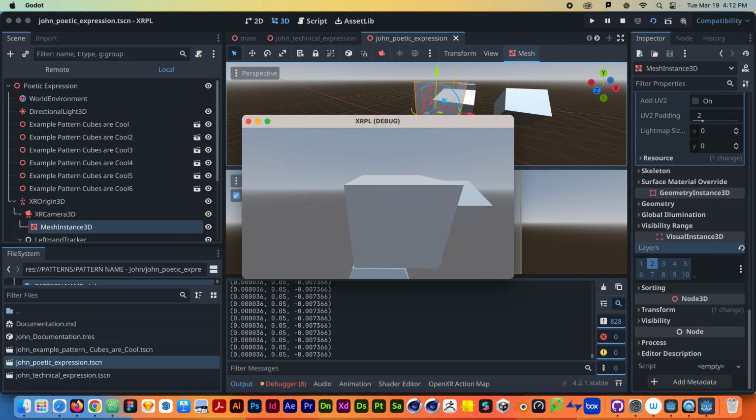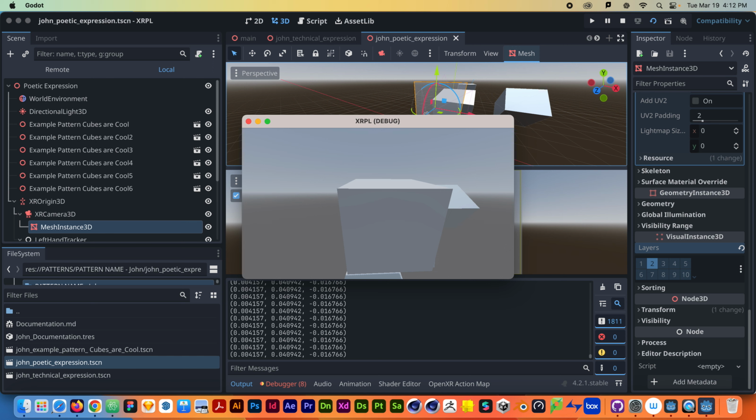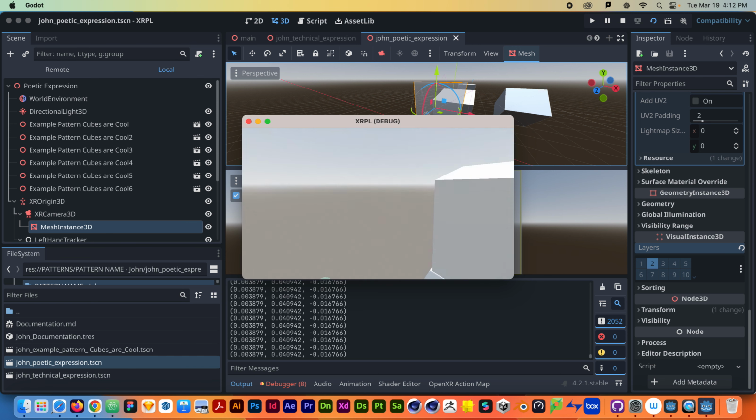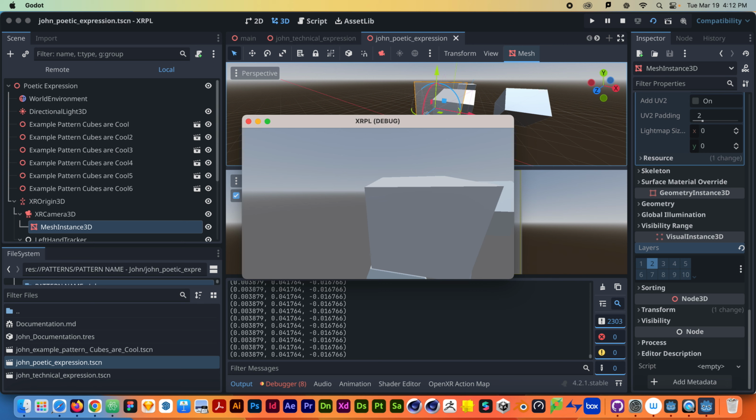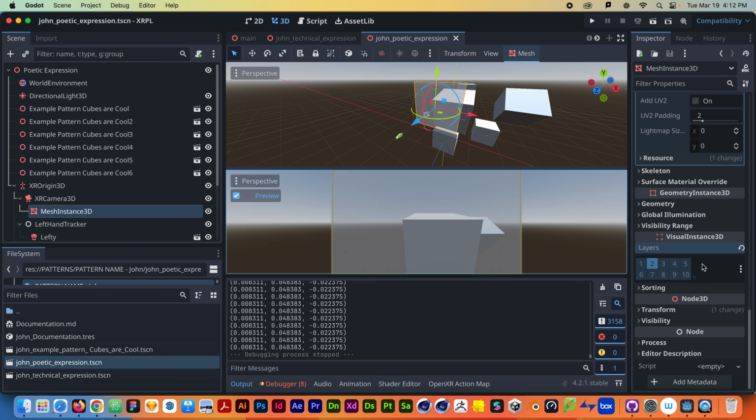But the point is that you could have a bunch of stuff on this node. So for instance, you could have an image on this node, right? This could easily just be like an image of your